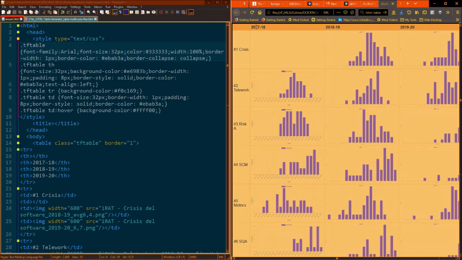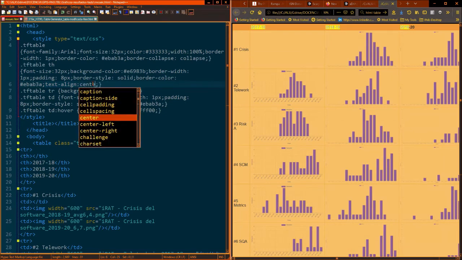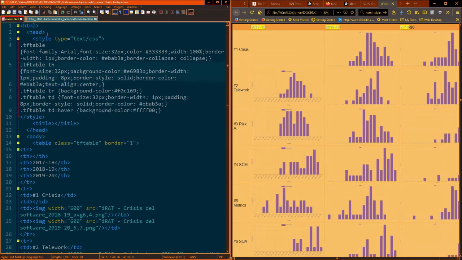And I want the headings to be centered. So now I look for TF table, TH, table header. And here it says text align left. So I'm going to change left to center. Okay, so now the headers are centered. And I actually don't like the orange background of the graphs.